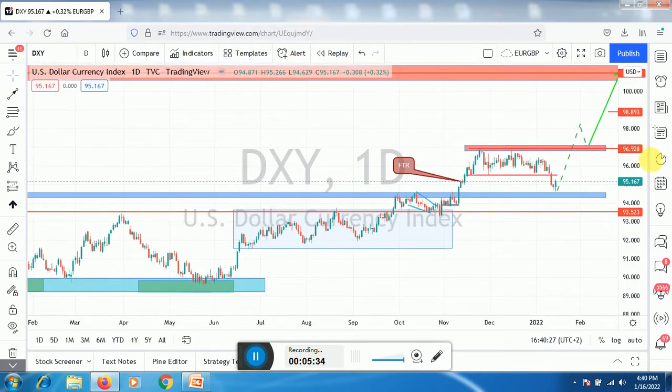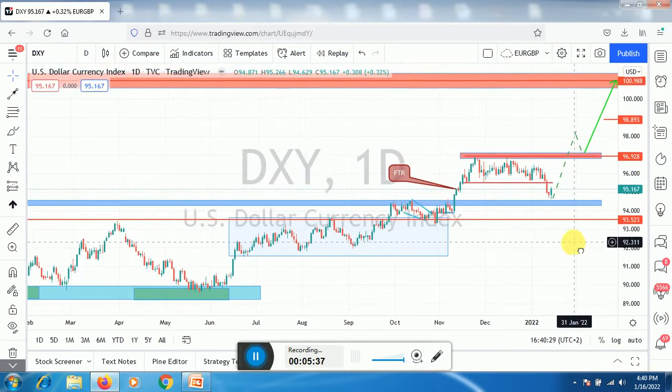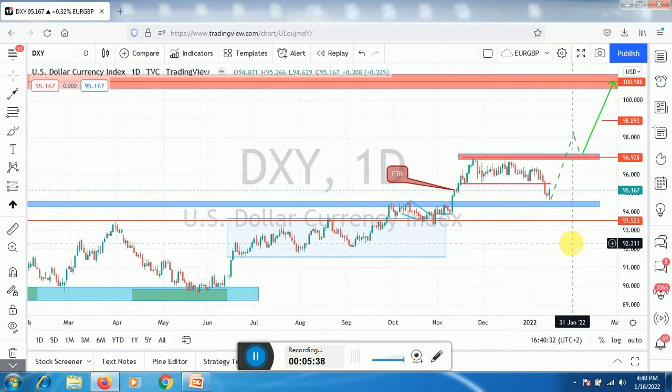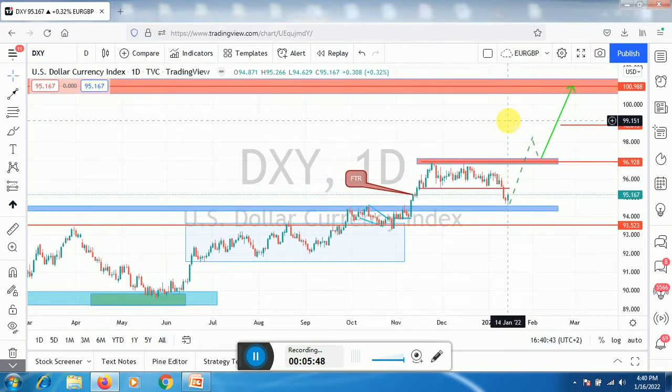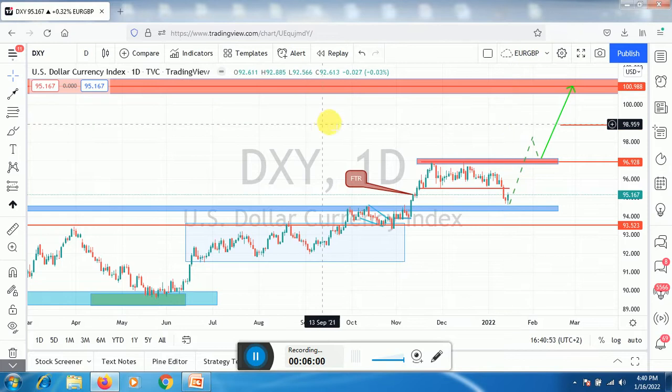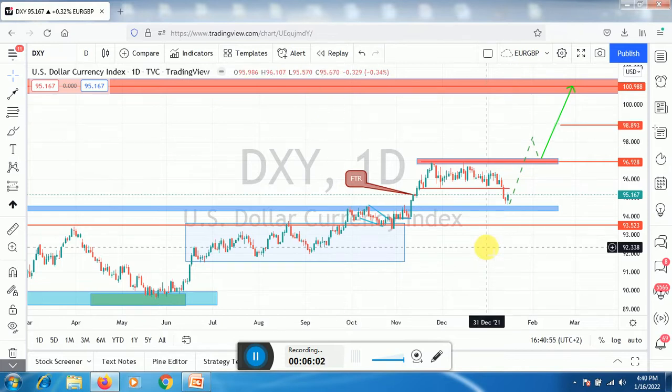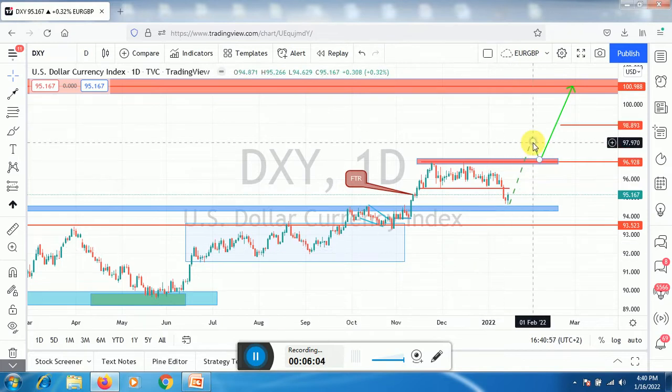So that tells us a story that maybe the US might be heading for a recession. That's why the Fed wants to unwind their balance sheet from 7 trillion to maybe below the 5 trillion mark. They are exercising other tools as well to cap inflation, or they can start increasing interest rates anytime soon, maybe in March or maybe in their June meeting they will announce some rate hikes.